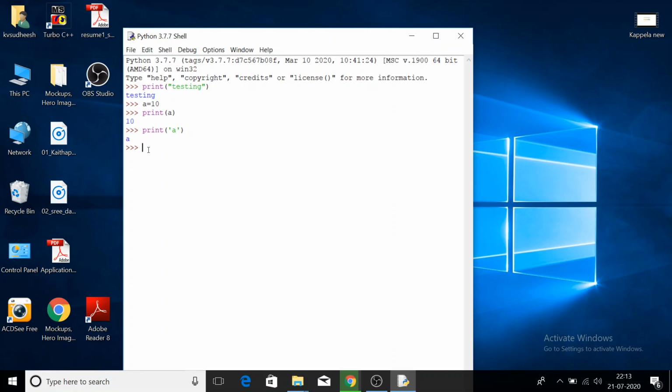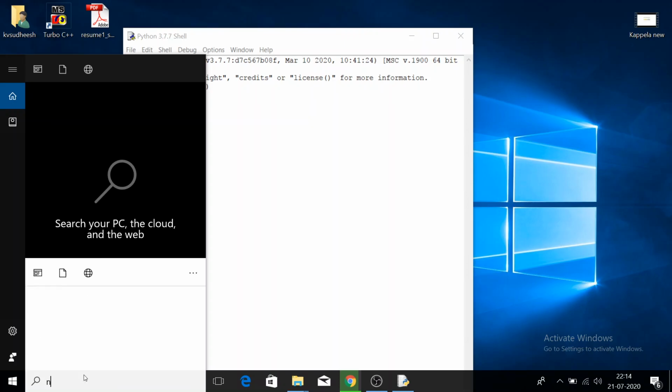Actually, developers do not write their programs like this. That's the second method of programming, or the second method of learning, and this is the first method. This is called interactive mode of Python learning, or interactive mode of Python programming. We are putting the statements one by one on the Python prompt. Clear?